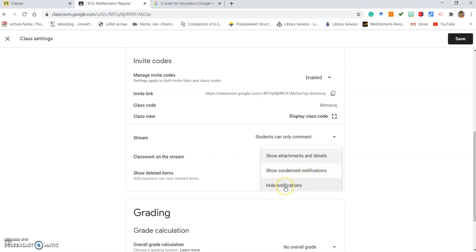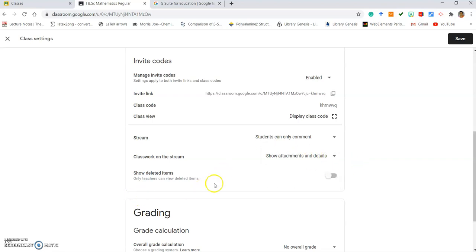So let me just put show details. Suppose I am posting material, they can see in the stream page itself whether it is a PDF or document, whatever it is. If I am posting some material or a question paper, the nature of the document and what is written there, everything they can see. So I just pick the option show attachment and details.